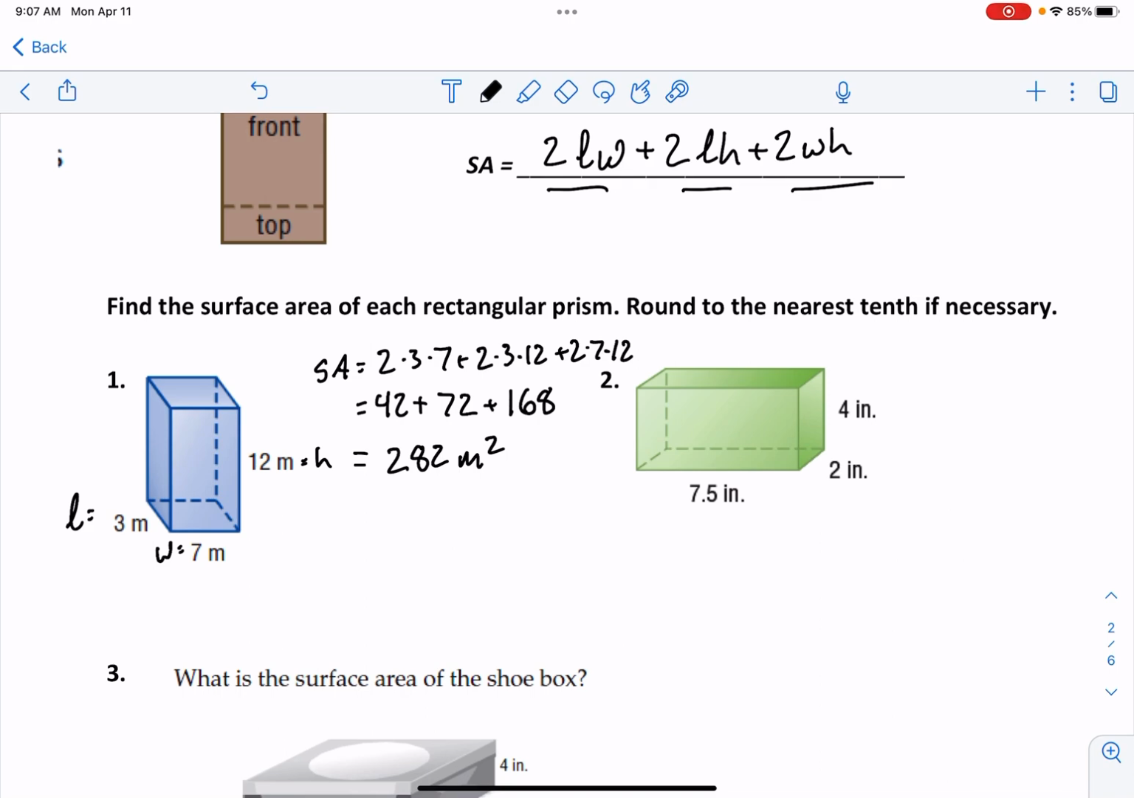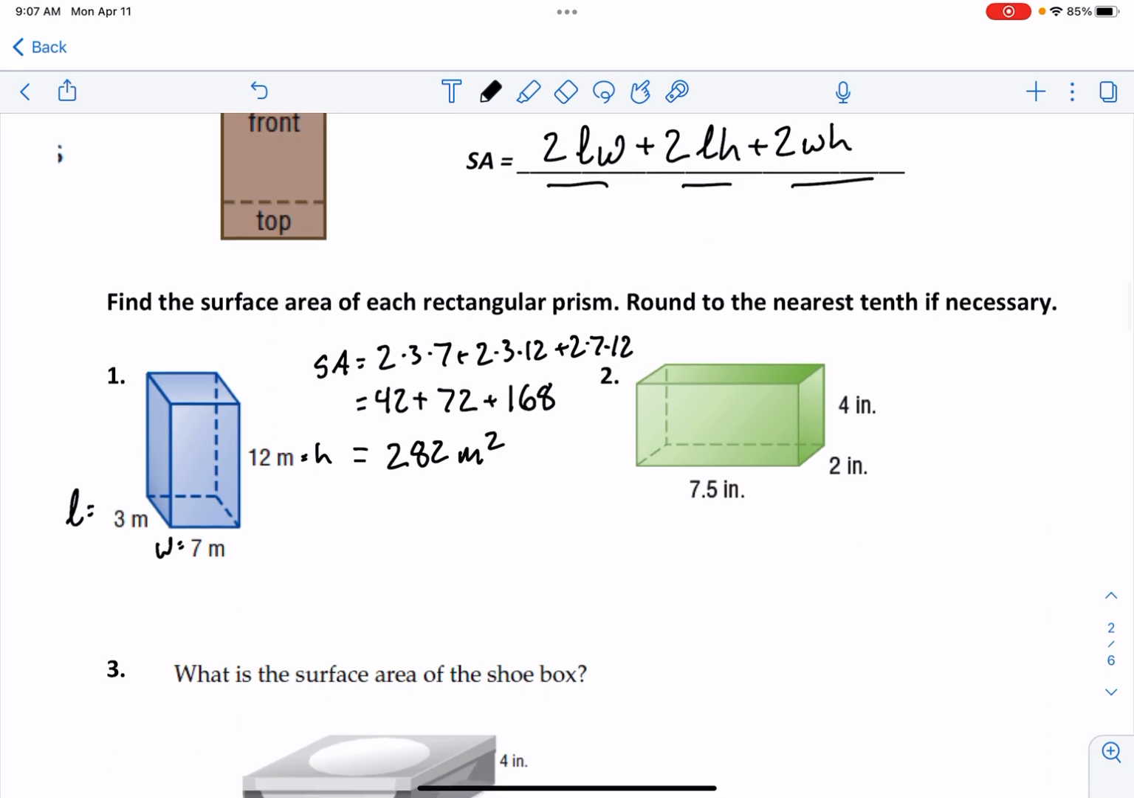So next up, we're just going to follow this same thing. So we've got surface area. I'm just going to start plugging in from here instead of rewriting the whole thing. So we've got 2 times 7.5 times 2 plus 2 times 7.5 times 4 plus 2 times 2 times 4. So following along with what we did, we are going to